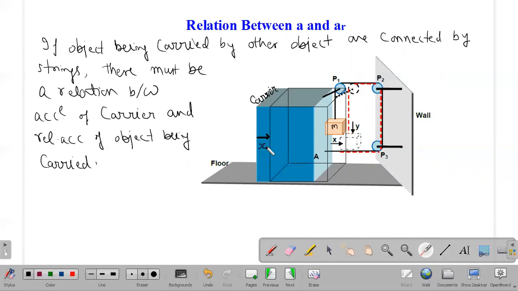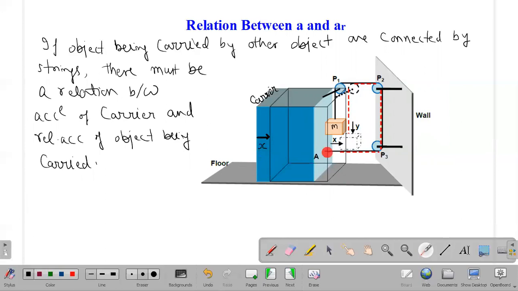The key point for the relation between x and y is that when this mass capital M moves forward, it will move from this place to this place by a distance of small x. The pulley P1 which is attached to this block will move closer to the pulley P2, since pulley P1 is attached to the mass capital M. So if the mass capital M moves forward, it's very obvious that pulley P1 will move closer to pulley P2, and the segment of string in between pulley P1 and P2 will reduce by this distance of small x.